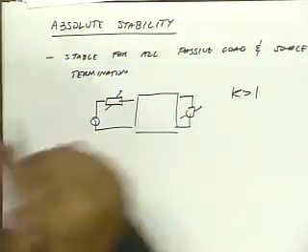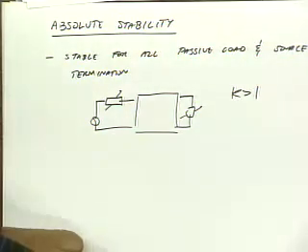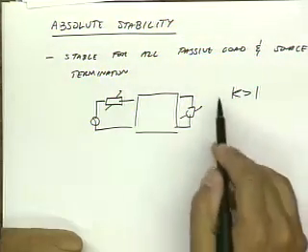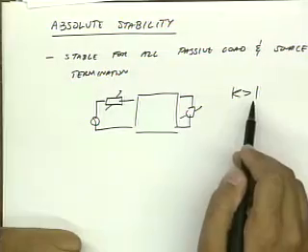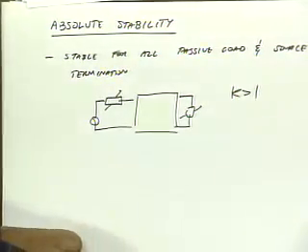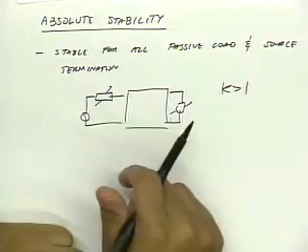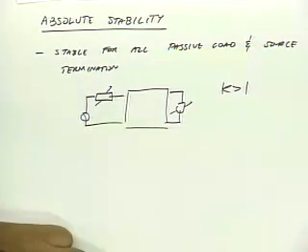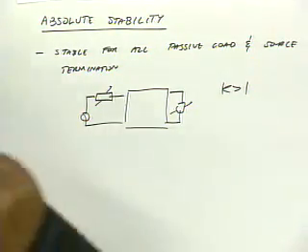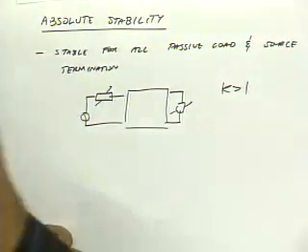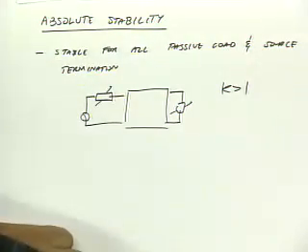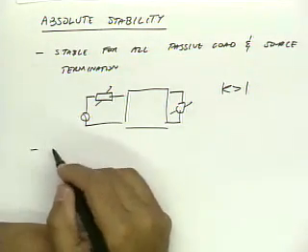So if you're designing an amplifier and you say, I want my amplifier to be stable, you might say, I'm going to make sure that k is bigger than 1 at all frequencies. And someone else might come in and say, that's really, really restrictive, right? I mean, in real life, you know the load, you know the source. So why not just check k stability for particular source and load impedance? Why check stability for every possible load and source impedance, right? And you're right. So this is a very conservative